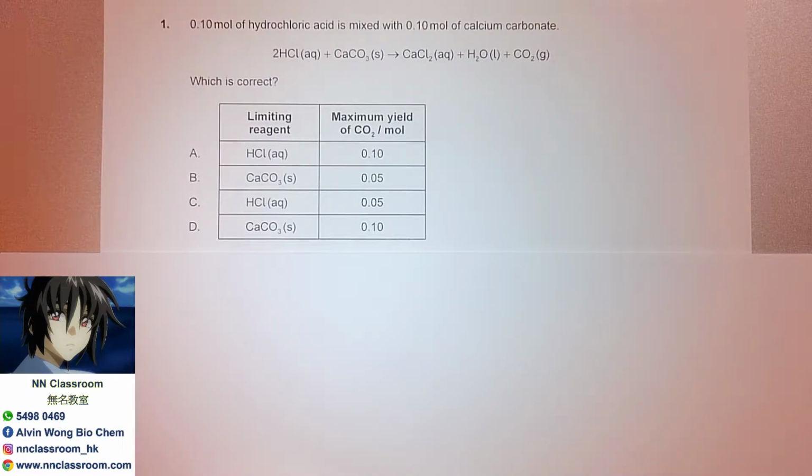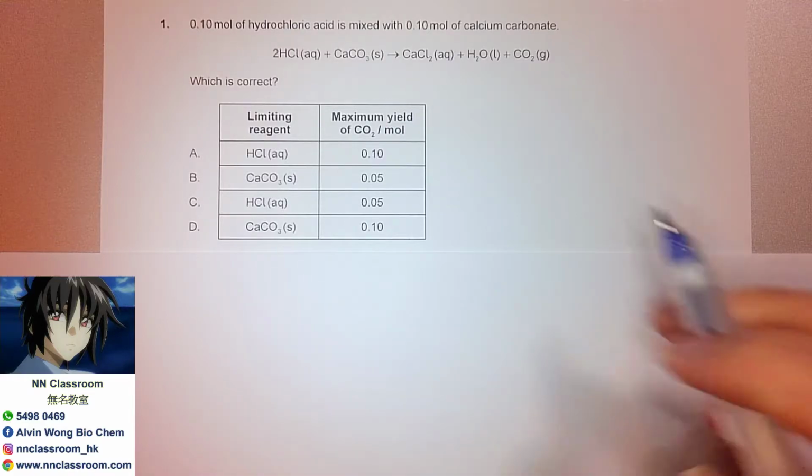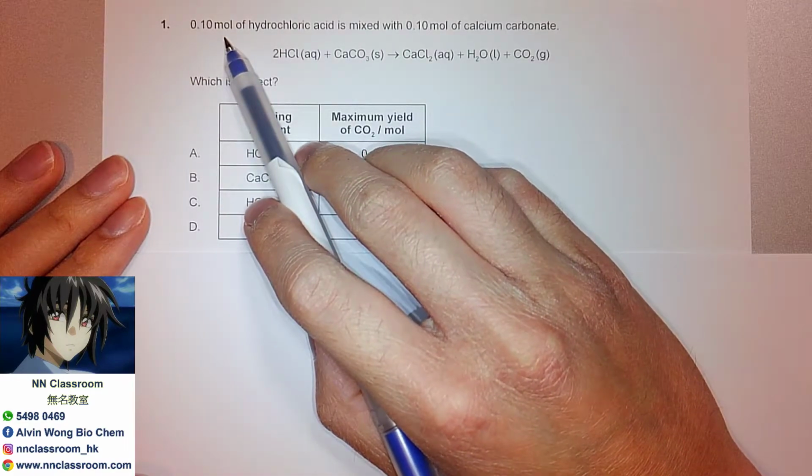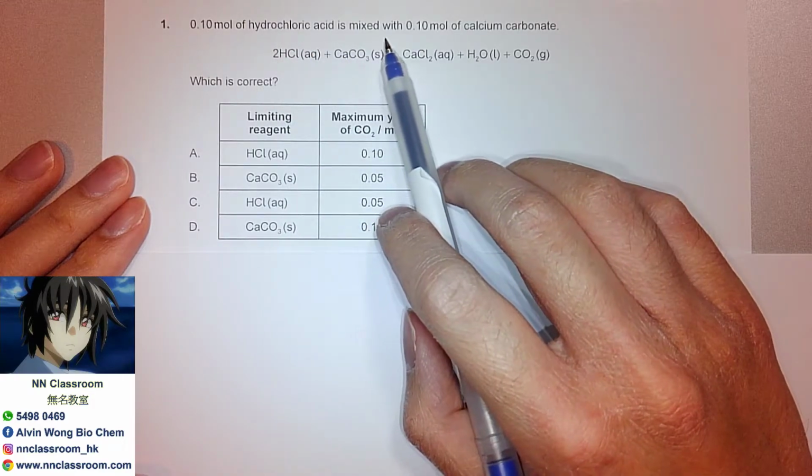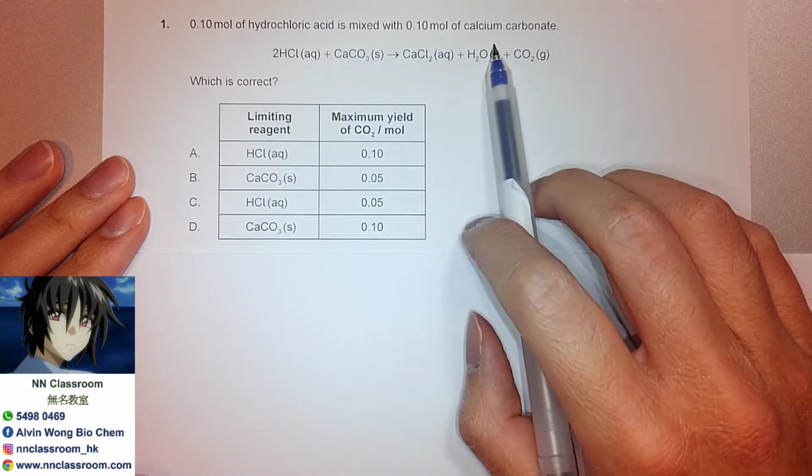Today I'd like to share with you a past paper extracted from 2019 Time Zone 0 in November. That is question number 1, asking on topic 1, stoichiometry, especially testing the concept of limiting and excess reagents. Let's see. First, 0.10 mole of the hydrochloric acid is mixed with 0.10 mole also of the calcium